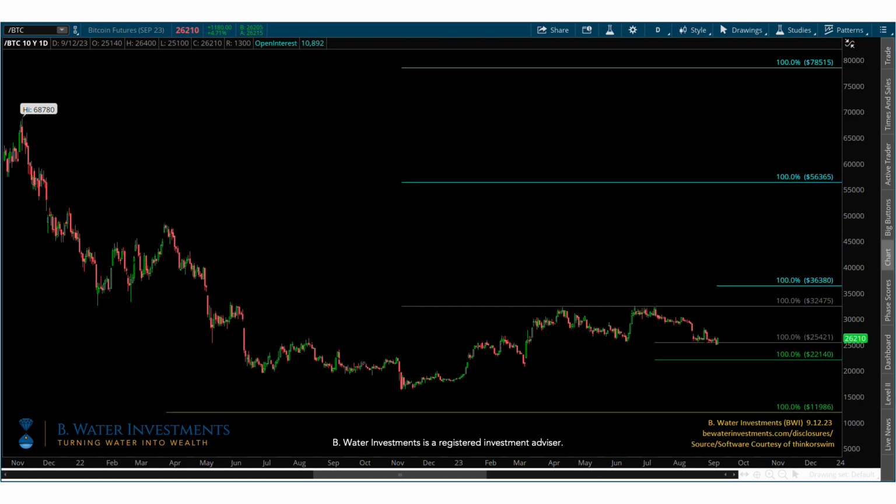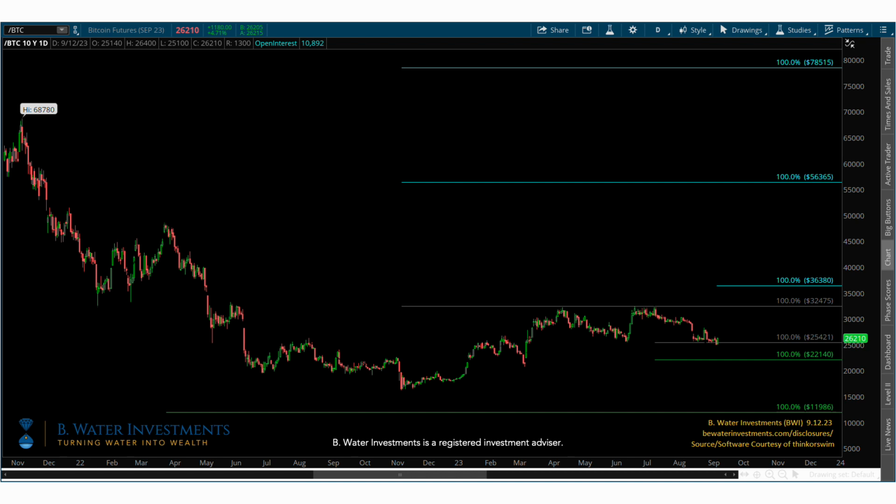Be Water Investments has prior roadmaps for Bitcoin, and it actually worked the opposite way, where price is a lot higher and we're measuring down to show that we need to stay away from this. This is going much lower into targets. But after a majority of the targets were hit from all the advertisements that we shared through social media on our pages and Michael Zitron's personal pages, we're now in the area where we've hit sufficient targets to the downside and sufficient targets to the upside. Now we're determining where Bitcoin's going to go.